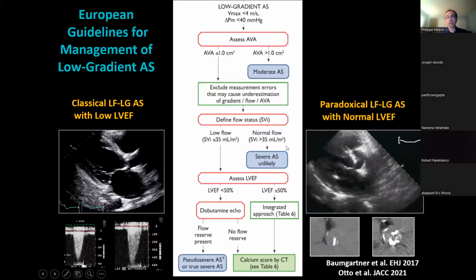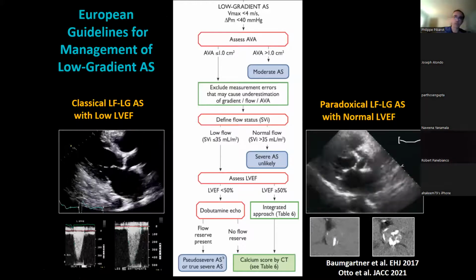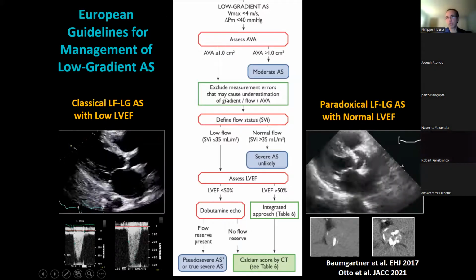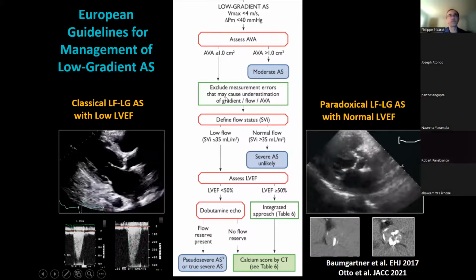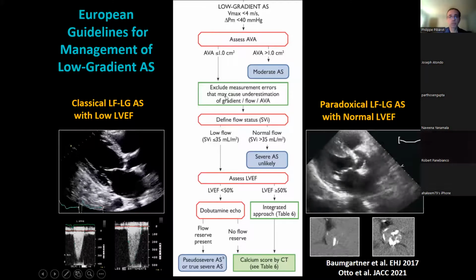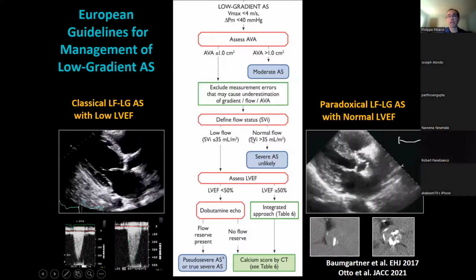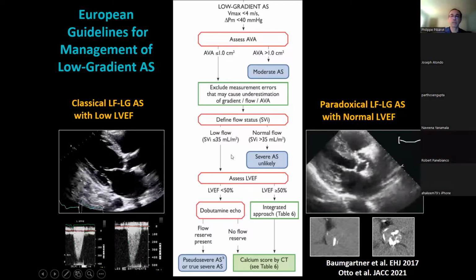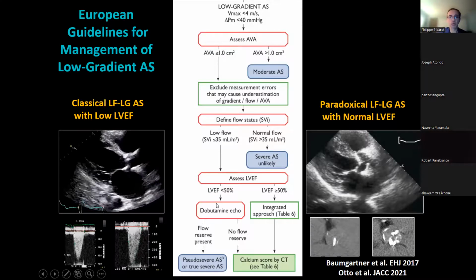So this is an algorithm that I like, that is from the European guidelines, where if you have a discordant grading with a small valve area and low gradient, first thing, exclude measurement error. Double check the measurement of the LVOT diameter, the assessment of gradients, etc. Then define the flow and LVEF status. If there is a low EF with low flow, this is the classical low flow, low gradient. What is recommended is a low dose dobutamine stress echo, as shown on the left, to differentiate a pseudo versus